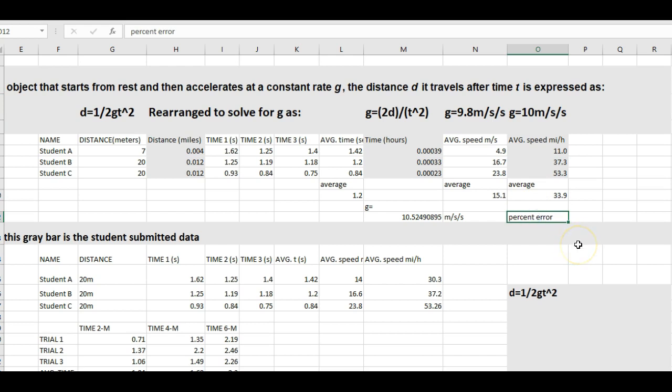The next thing to do would be to calculate percent error, which I'm not going to do in this video, but essentially you verify how far away is 10.5 from 9.8, and that is your number, is that percentage wrong or away from the expected value, which is 9.8 meters per second squared. The last thing I want to talk about is significant figures, okay? When you use Excel and you make an equation,